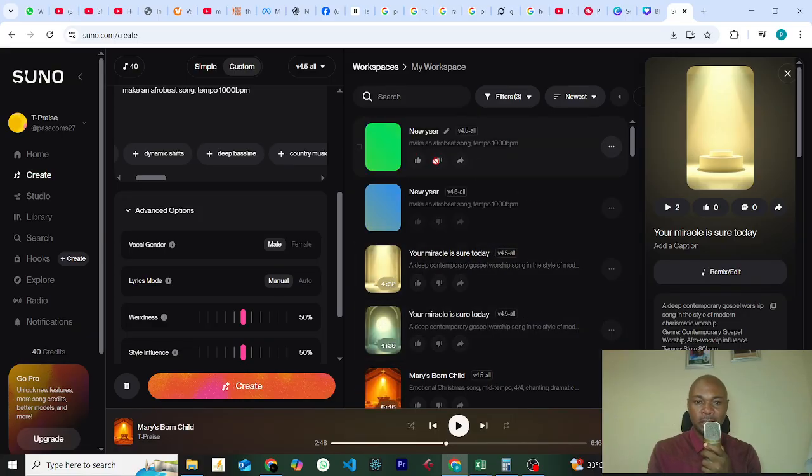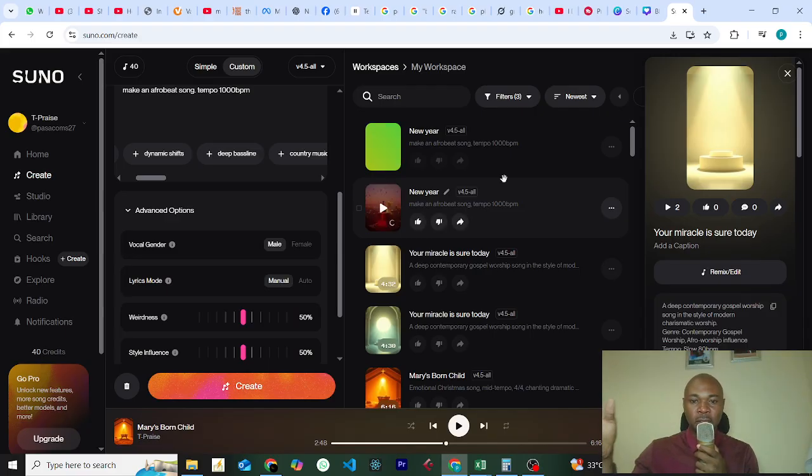It is creating already, and it's finishing up. You see it created 2 tracks for us, and these 2 tracks are different. So we're going to play them to see how they sound. Yes, the number 1 track is getting set, and the second one is now getting set as well. So when they load, we are going to play them so that you hear